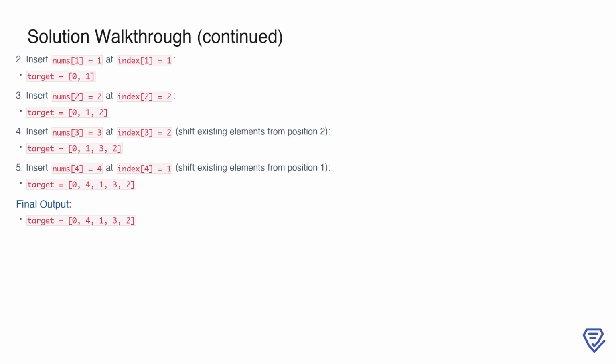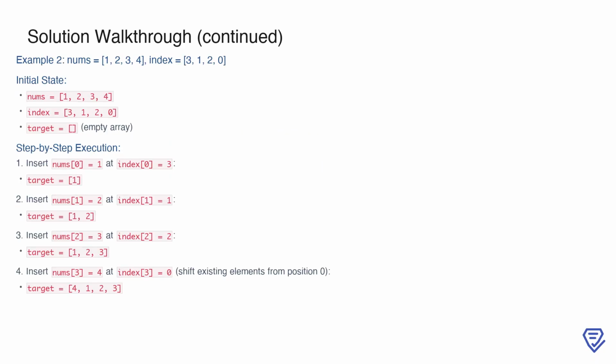Finally, we insert nums[4], which is 4, at position index[4], which is 1. Again, we shift elements starting at position 1 to the right, resulting in the final target array of 0, 4, 1, 3, 2. Now, let's look at the second example with nums as 1, 2, 3, 4, and index as